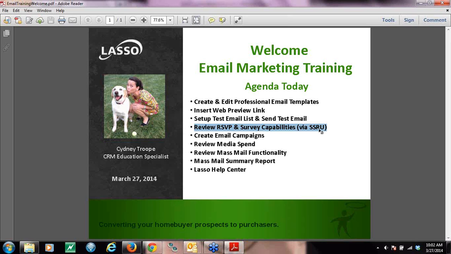I have an example that I have set up, so I'll show you how that functions and how to actually insert that link, but it is a great tool to use in your templates just to get some interaction from your recipients. Then we'll also review how you can set up an email campaign in your system. There's also an area where you can set up media expenses that you have regarding advertisement that you might be doing, so you can go ahead and basically enter in costs or expenses